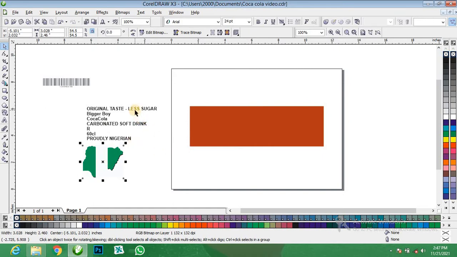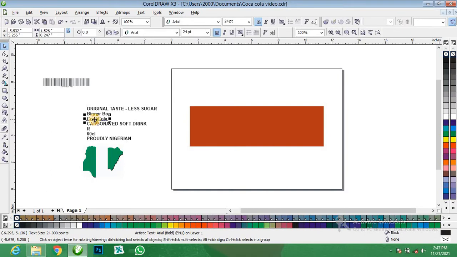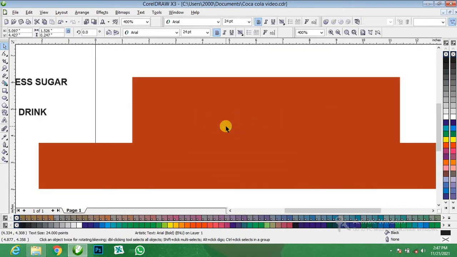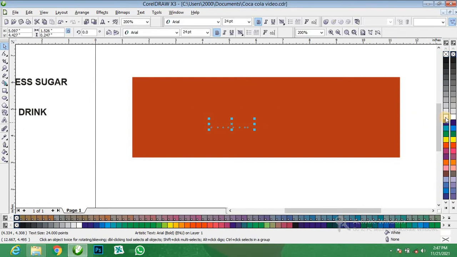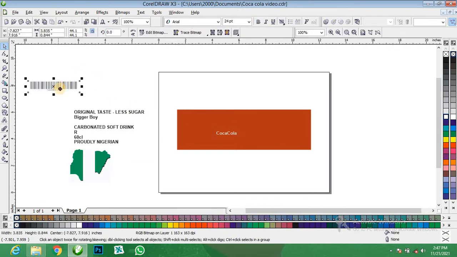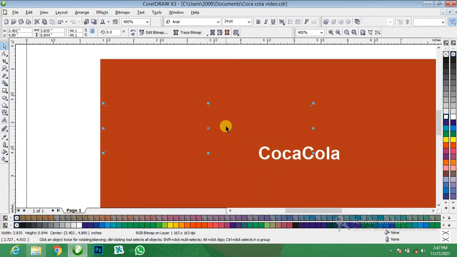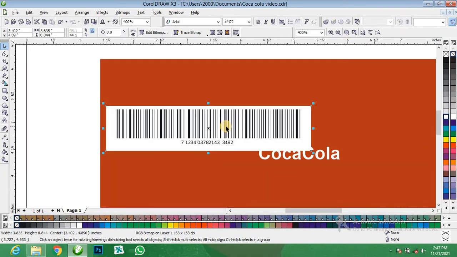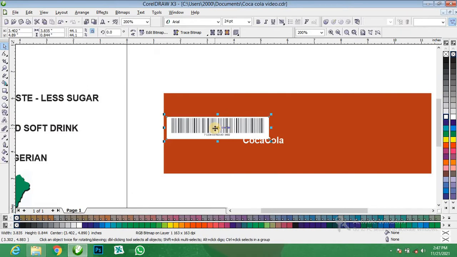So let's start. First of all, let's bring in this Coca-Cola over here. Give it white. Control Page Up to bring to the front. Let's keep it here. Let's bring in this barcode here. Control Page Up to bring to the front.